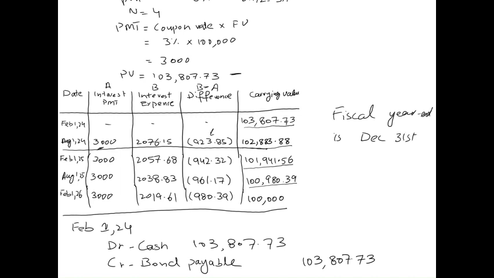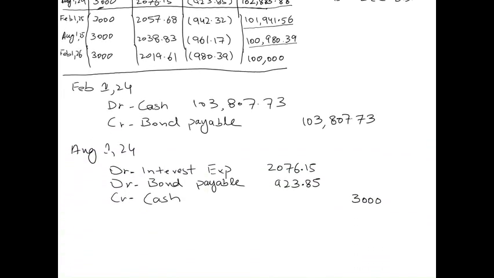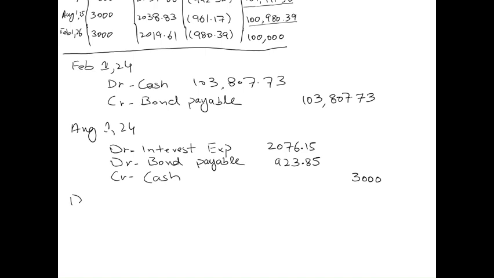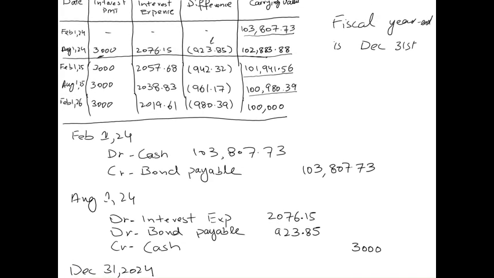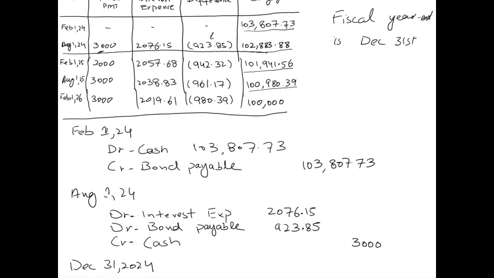So you might be asked to do, let's say, an entry on December 31st, 2024. Now, why we need to do this entry is because of accrual accounting. Because our fiscal year end is ending on December 31st, and after August 1st, 2024,